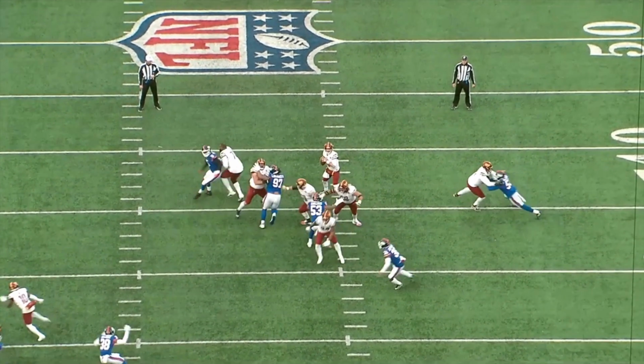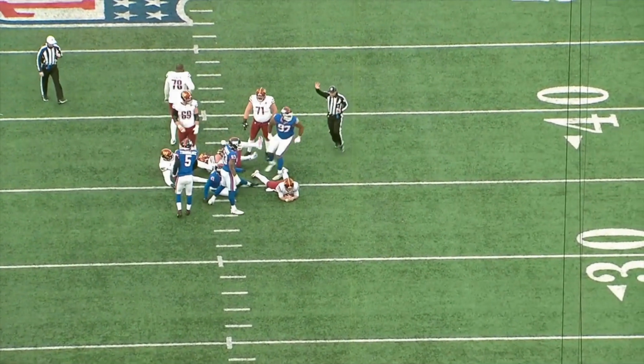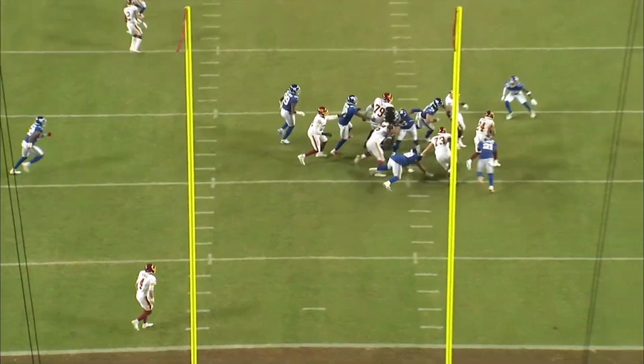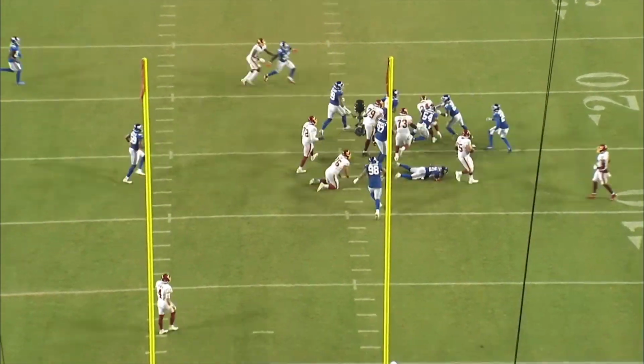Now, when I was going through some of Lawrence's older tape, a problematic tendency popped up over and over again in run defense, specifically when the opposing offense called zone scheme rushing concepts. On this play from back in week 2 of the 2021 season, Lawrence lined up in a 4-eye technique opposite